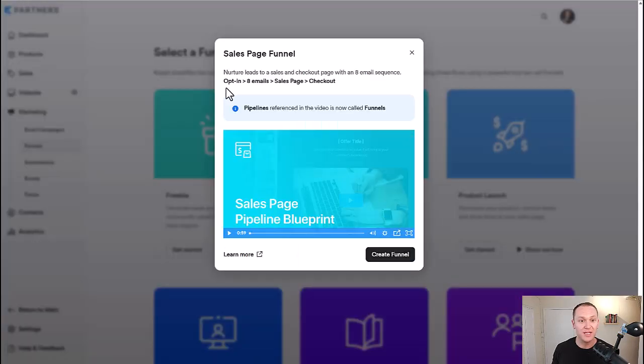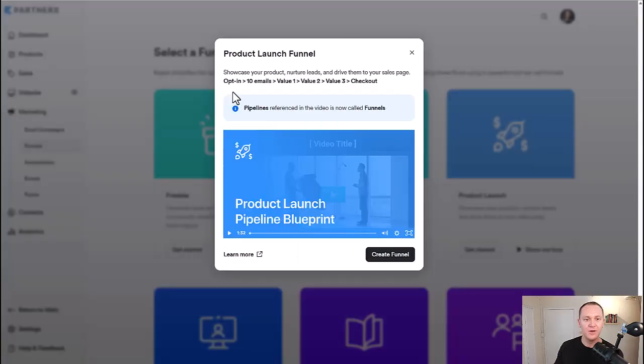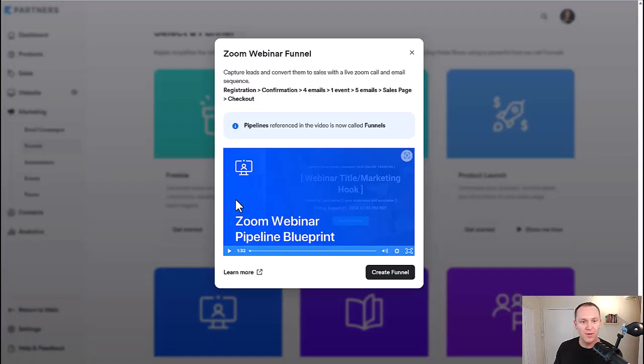The sales page gives you an opt-in page, 8 emails in a sequence like we just showed you that you can fully customize, a sales page, and a checkout page. Product launch, you get an opt-in page, 10 emails, 3 value pages that pump up your product that you're selling, and then a checkout page. All right, a Zoom webinar, registration confirmation, 4 emails, 1 event, 5 emails after the event, and then it goes to a sales page